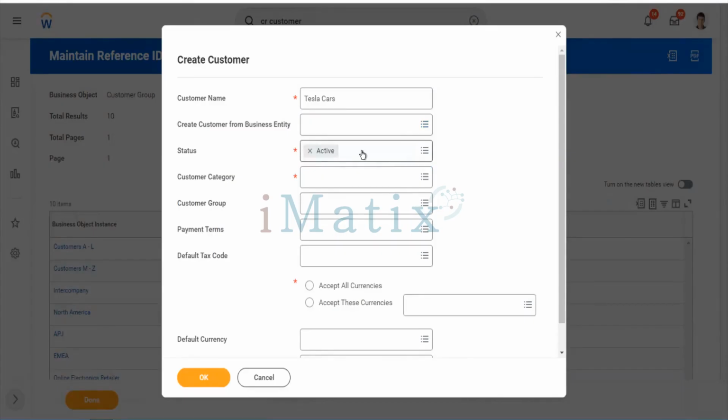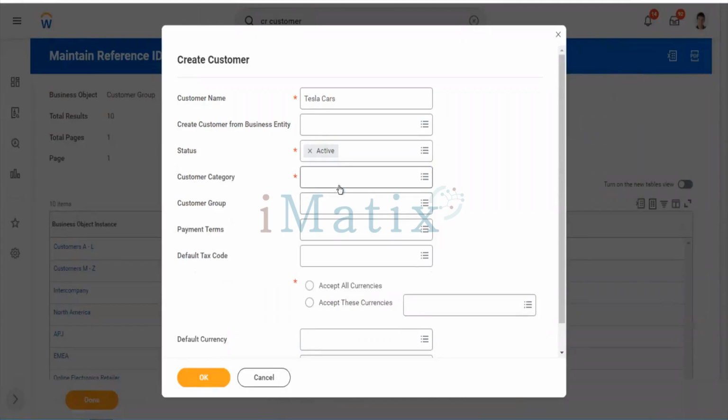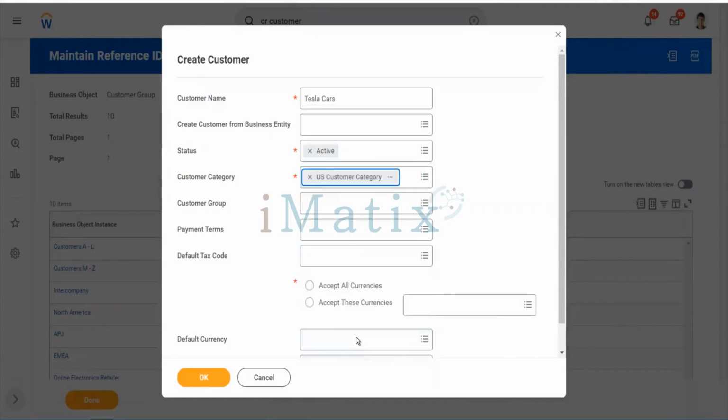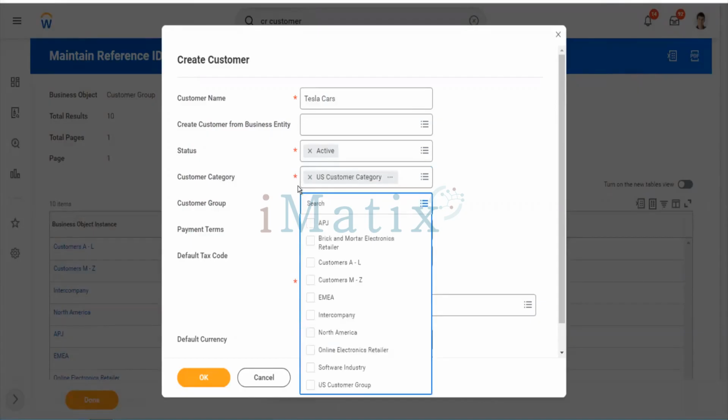Status is active. If you want to keep it on hold or inactive, you can change the status from here. Customer category. Now we would select the customer category. This customer category is marked with a red asterisk sign.